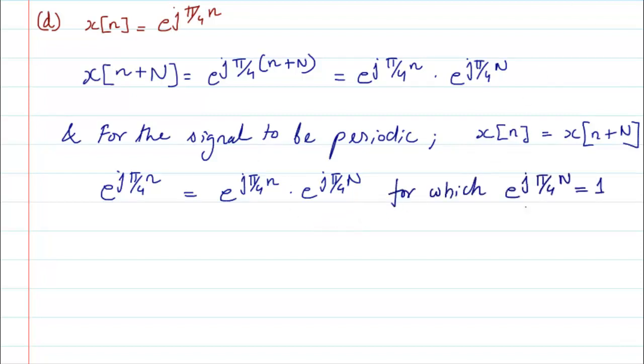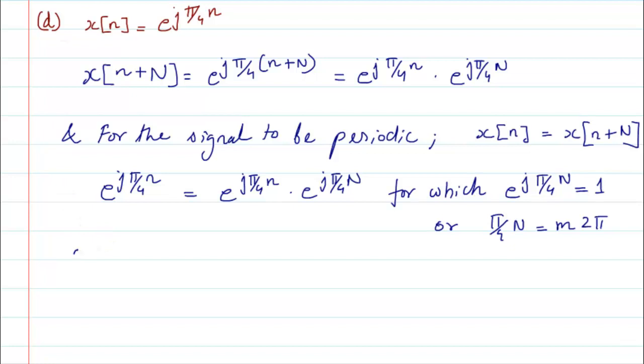So I will write e raised to power j pi by 4 capital N should be equal to 1, and we know that for that to be equal to 1, it will be equal to 1 only when we have e raised to power j 2 pi. That means pi by 4 capital N should be equal to 2 pi or some multiple of 2 pi. So let me write it as a multiple of 2 pi. Since here already we have used n, I will use m. So it should be some multiple of 2 pi,